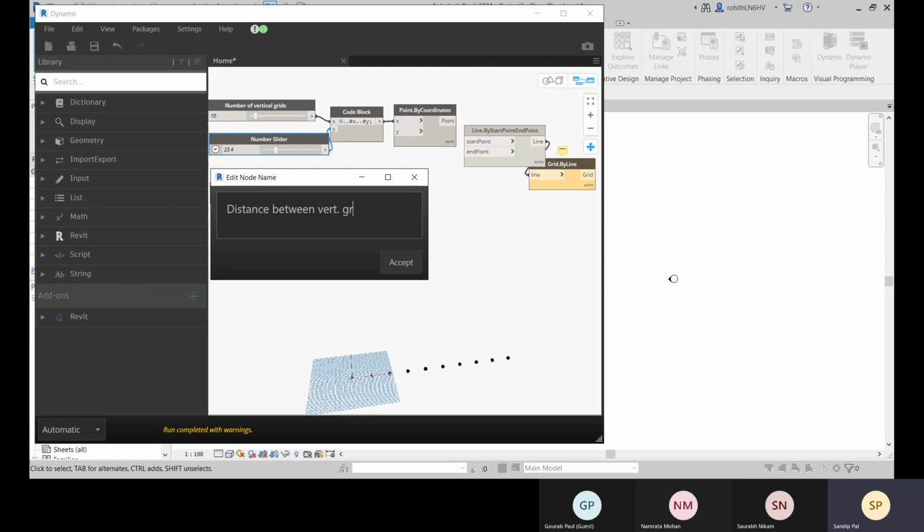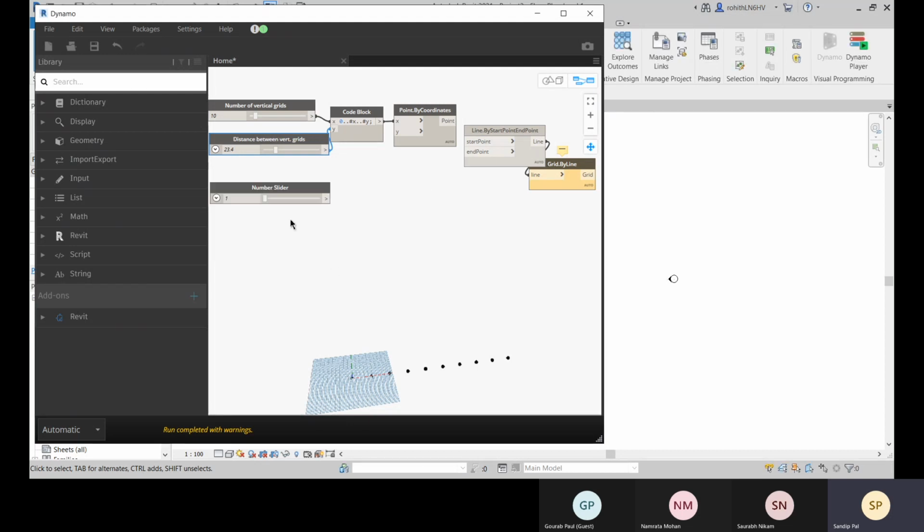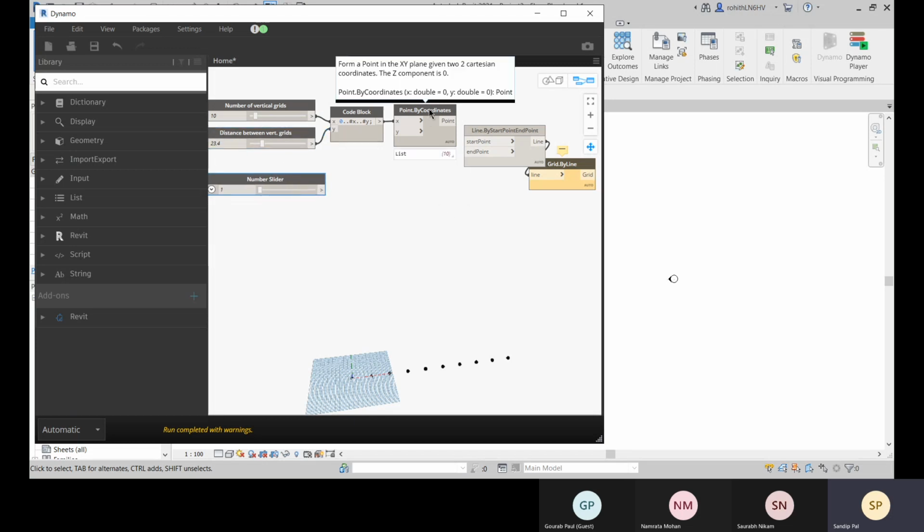Vertical grids. Okay. And then for the y, that will be your length for your vertical grids. So this will be the length for the vertical grids.